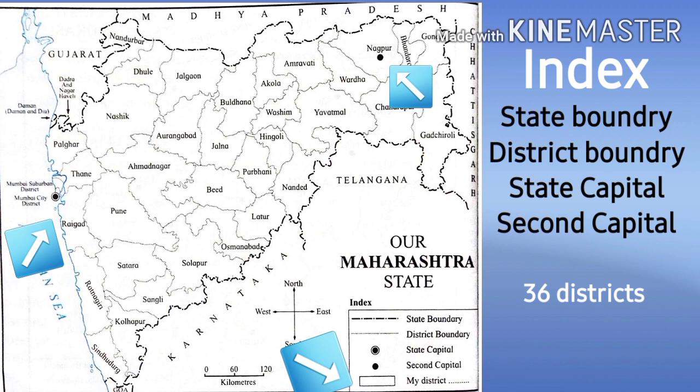So now, can you find your district on the map and color it? Now it is the activity for today. You have to find your district on the map and color it. A box is given in the index to represent your district. Now color it in the same color. Write the name of your district after "my district" in the index.